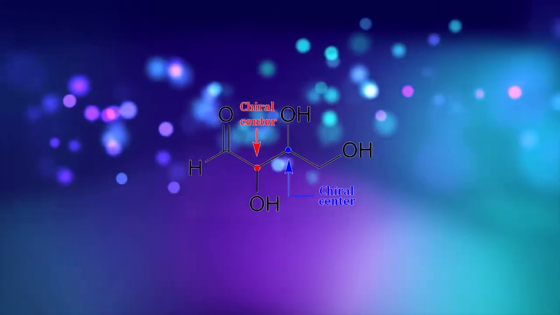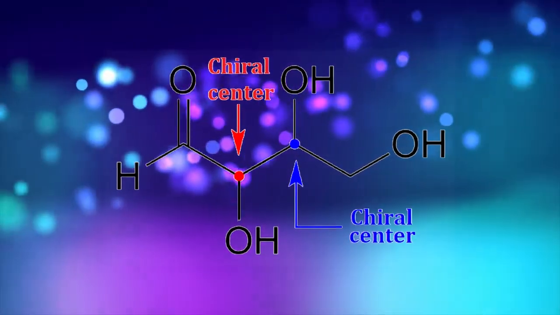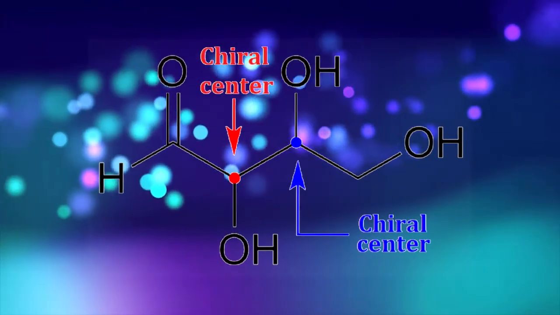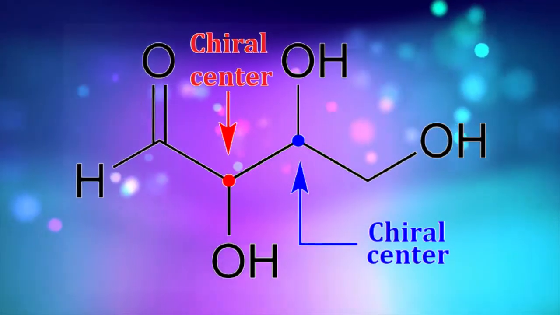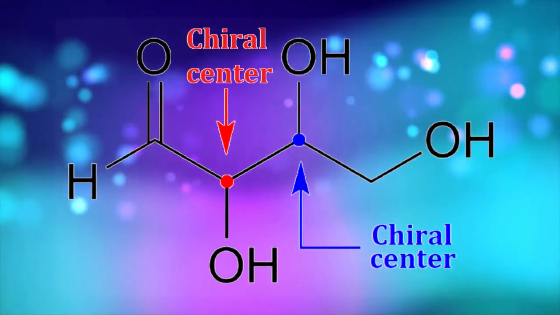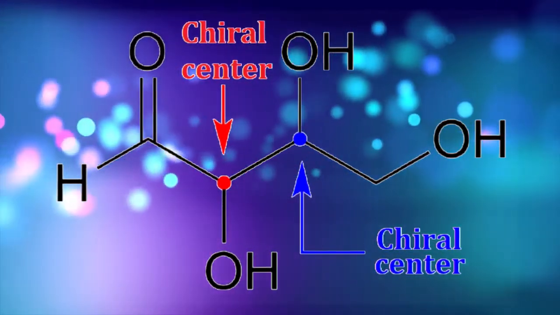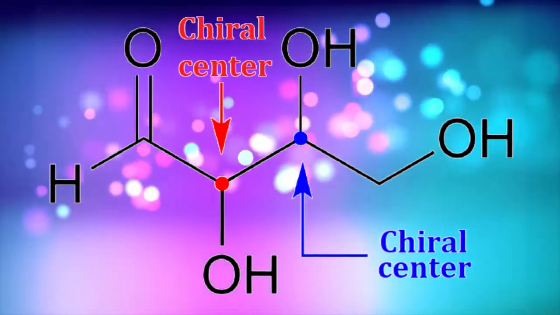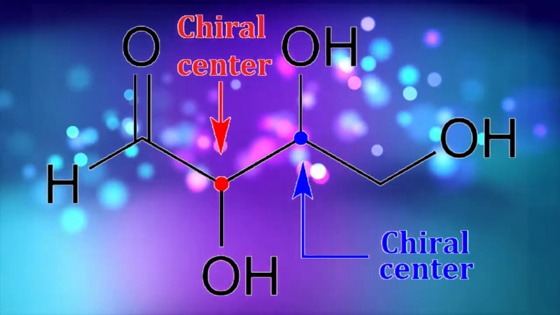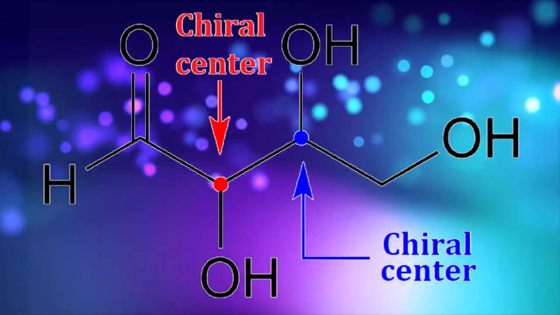If we consider this particular red carbon, then we will see that on one side it has a CHO group, that is the left hand side. At the lower part it has an OH group, that is the second bond, and at the right hand side it has a big group containing OH, CH2, CH2, OH, right? And the fourth group, which is not shown here because this is a skeletal structure, is hydrogen, okay? So just count the 4 different bonds on the carbon. One is CHO, another is OH, third is that big group, OH, CH2, CH2, OH, and the fourth one is hydrogen. So 4 different groups are there, so that particular carbon is called chiral, as simple as that.